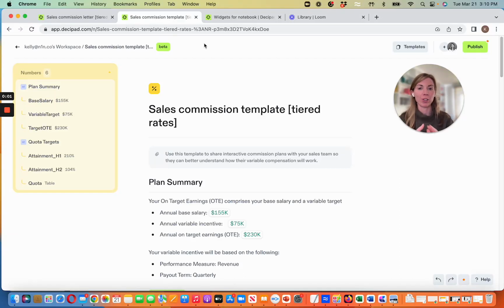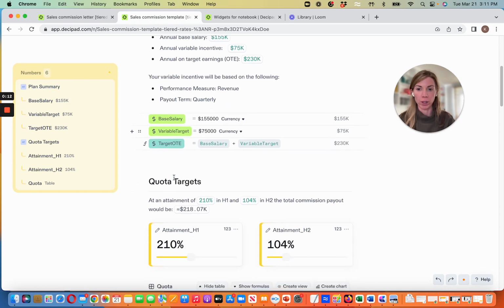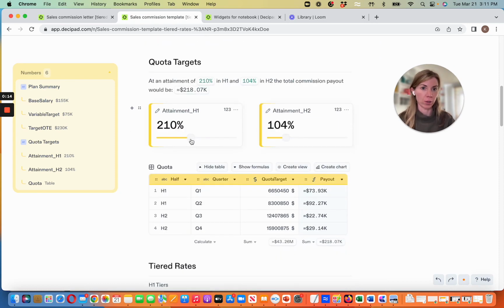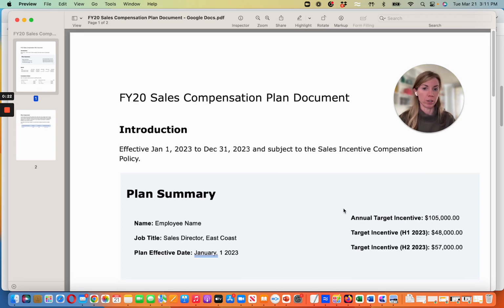Hey everyone, I'm Kelly. I'm going to show you how to use Decipad to create an interactive sales commission plan like this one, so your sales team can easily understand how their compensation structure works across things like their base salary and their variable, as well as interact with different scenarios, like what would happen if they over versus under exceed their quota. And if you've been in sales, you're probably familiar with a document that looks something like this,